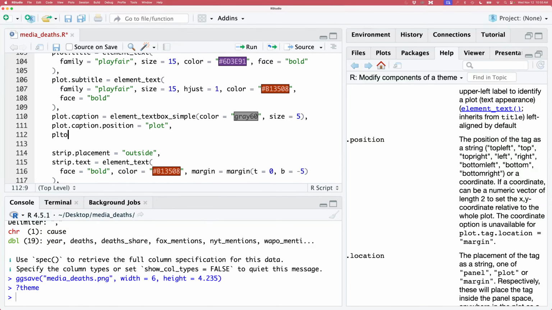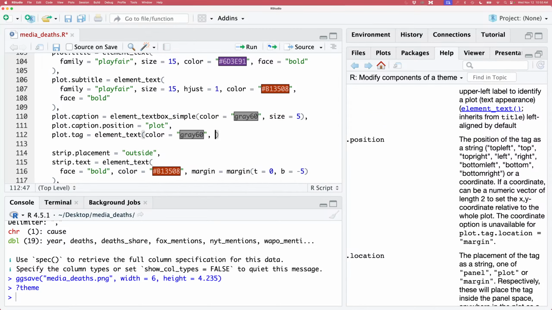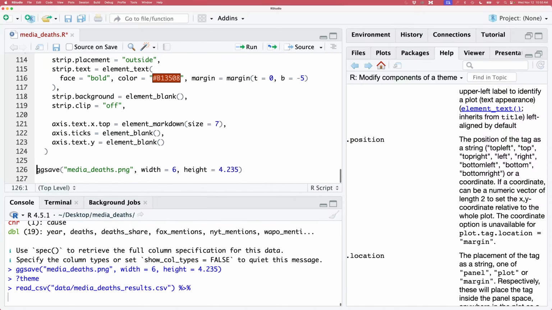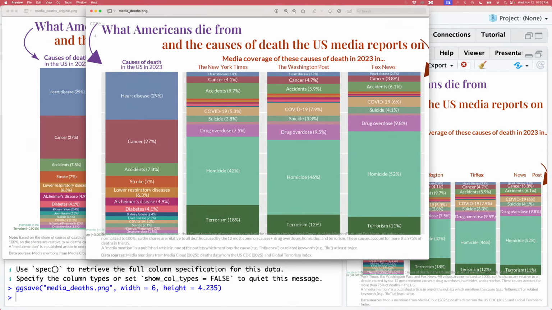let's do plot.tag equals element text, then let's go ahead and do color equals gray 60, and that needs to be in quotes, and I want it to be the same size as my caption. So I'll do size equals 5. See what this gives us. And so there you can see my CCBY. It's been shrunk down considerably. And it's in the upper left corner. And it's in the margin, right? And I want it